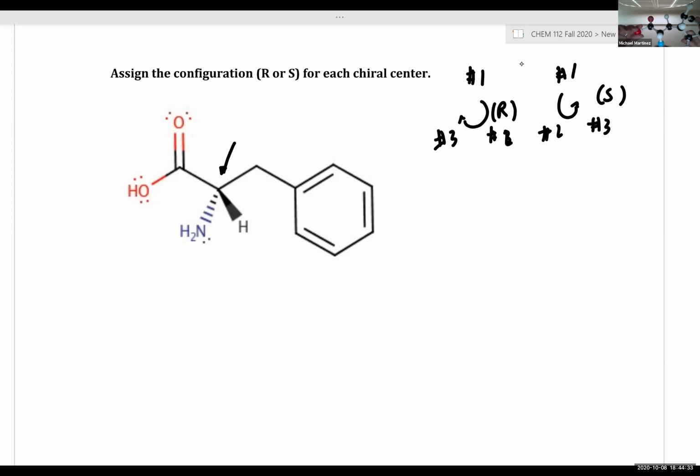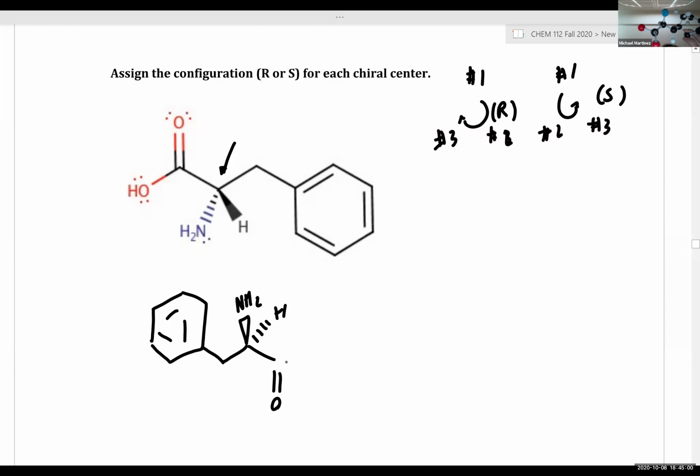So what I'm going to do is rotate my molecule and set it up so now my hydrogen's in the back. I'm just going to draw what I see here. So now I have my amine in the front, and this carboxylic acid is pointing,